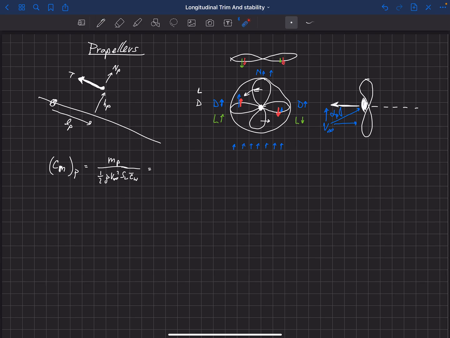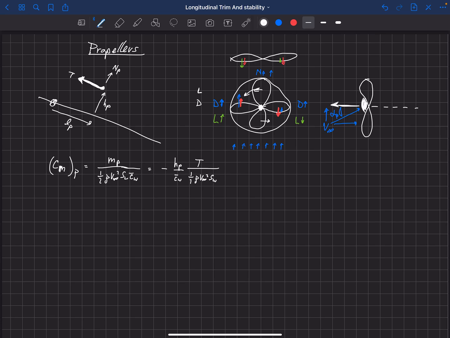So the pitching moment from the propeller, what we want to do is figure out the pitching moment about the center of gravity due to the propeller here. And that is equal to, so we have the height of the propeller multiplied by the thrust, H sub P and then thrust, and I'm going to non-dimensionalize those different ways. If both of those are positive, it gives us a negative pitching moment. So that's where the negative out front comes from. And then we're going to non-dimensionalize this by 1/2 rho v infinity squared S sub W. And I'm going to put the c bar W underneath the height because those are both a length, okay?